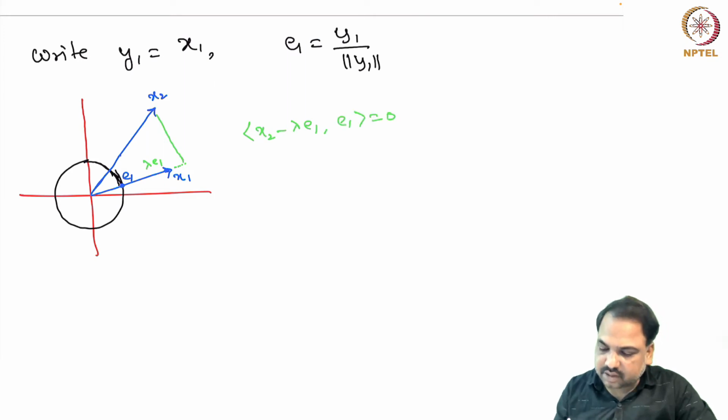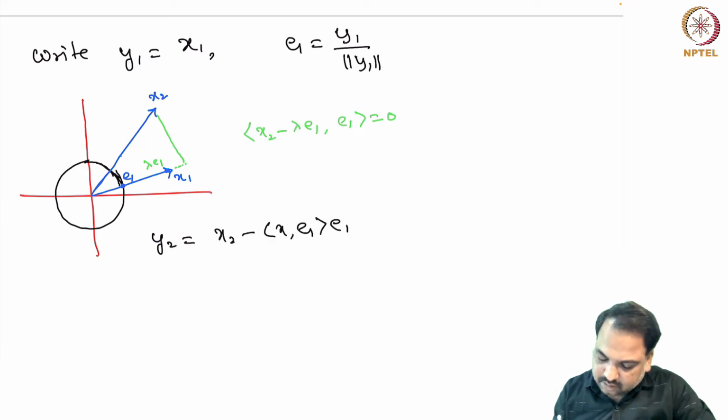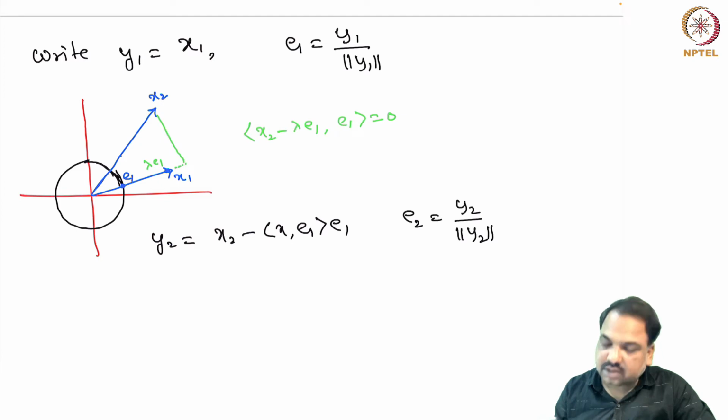So now using this we can find that if you take y2 as x2 minus the inner product of x2 with e1 multiplied by e1, then you take e2 as y2 by norm y2, so that it becomes a unit